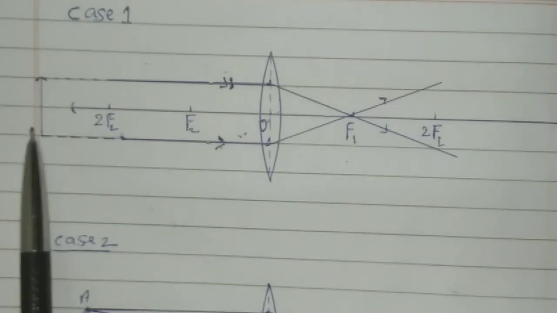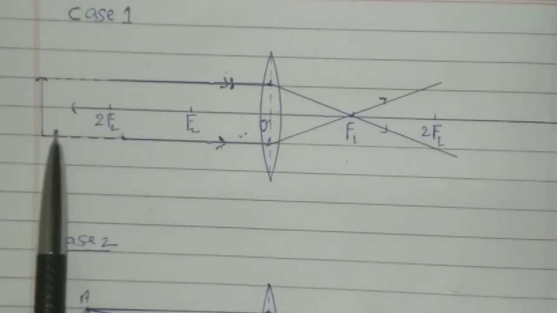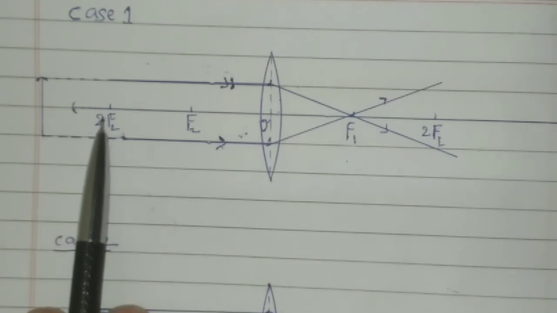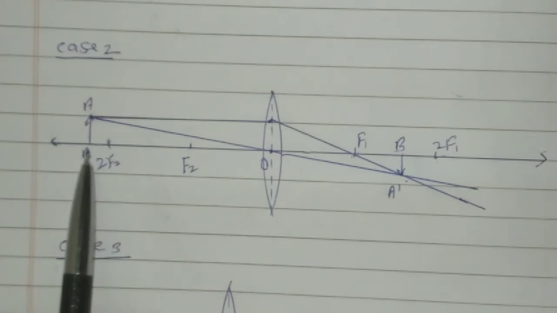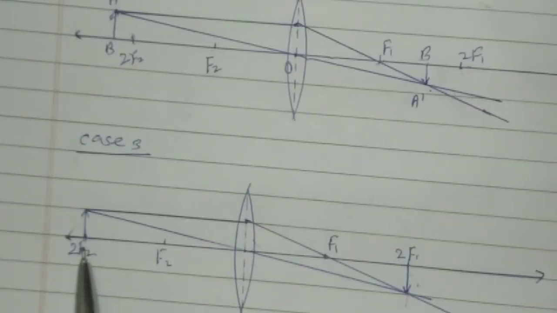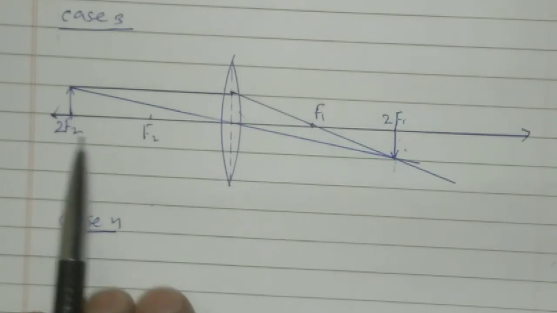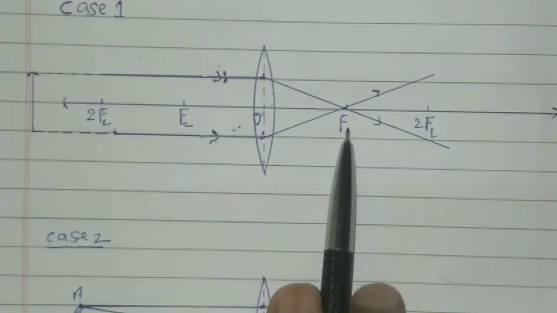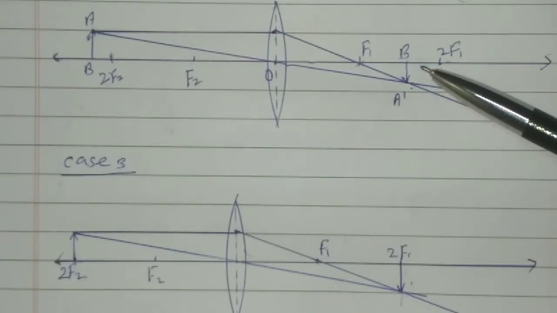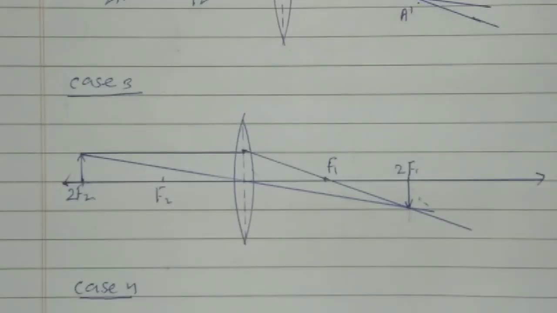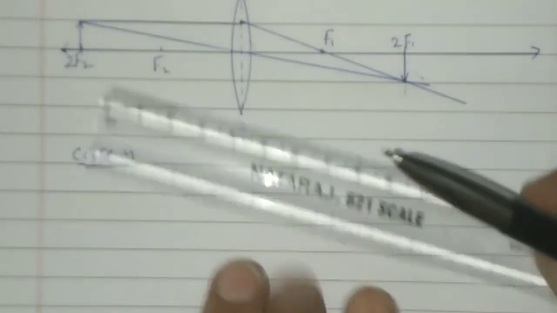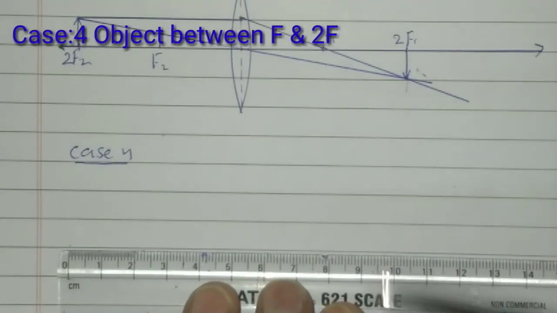In the case where the object was at infinity, slowly it comes nearer to the lens and its position becomes beyond 2F2, then it comes on F2. Now it will come between 2F2 and F2. Okay, and you can see the size of the image is highly diminished here, and here the size becomes diminished, and in this diagram the image is of equal size. Now the size of the image will become enlarged.